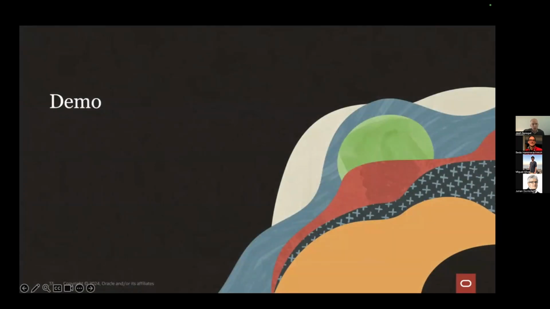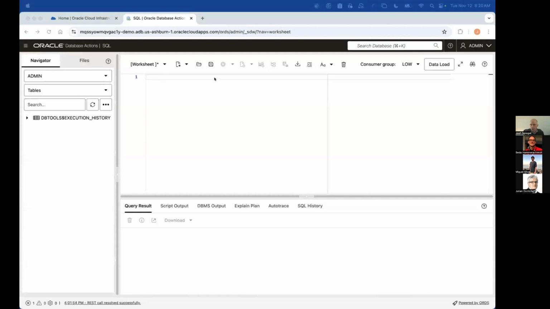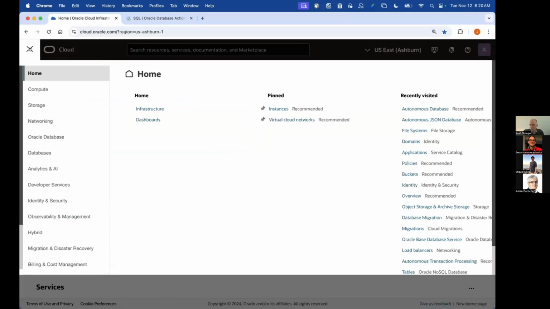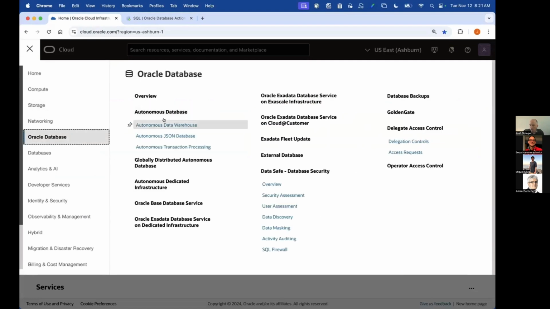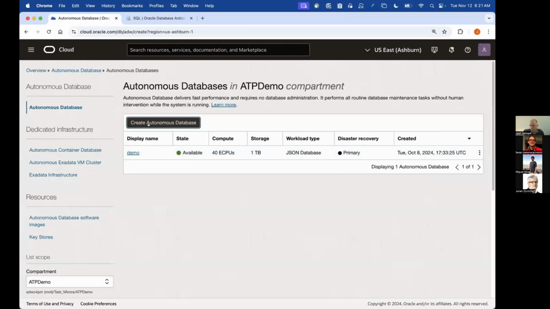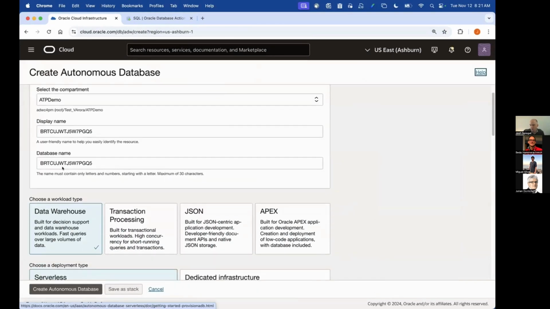Okay, so I'm going to take a break from slides now and show a short demo. If you log into our cloud, you'll see a screen like this. I'm going to click now on this hamburger menu and click on Oracle Database. And so here's the Autonomous Database I mentioned briefly, the managed version of Oracle Database. If I click on Autonomous Database, I can click Create Database. And you basically enter some